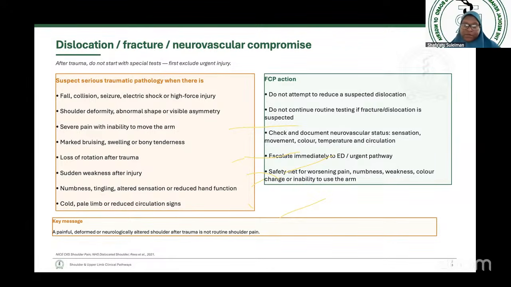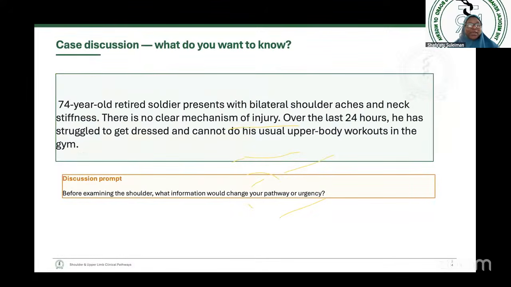Another thing to do is safety net the patient for worsening pain, numbness, weakness, color changes, or inability to use the arm. So the key message here is a painful, deformed, or neurologically altered shoulder after trauma is not a routine shoulder pain. It's more of an urgent pathway protocol. So with this, I think we've come to the end of the shoulder pathway for today, and we